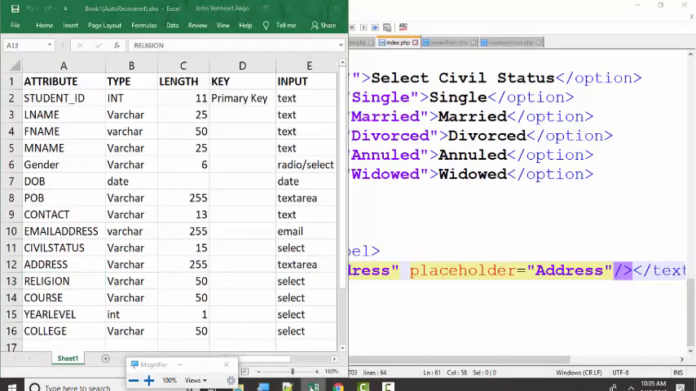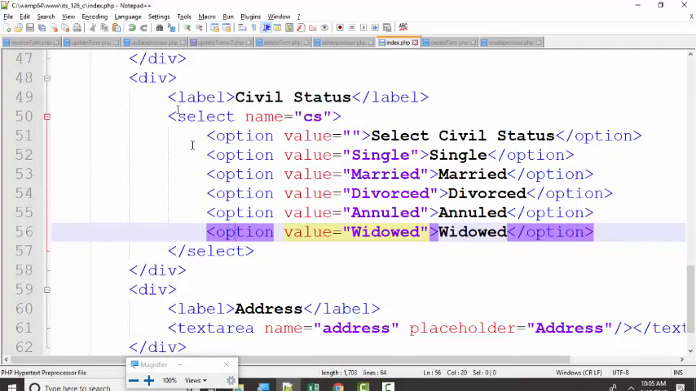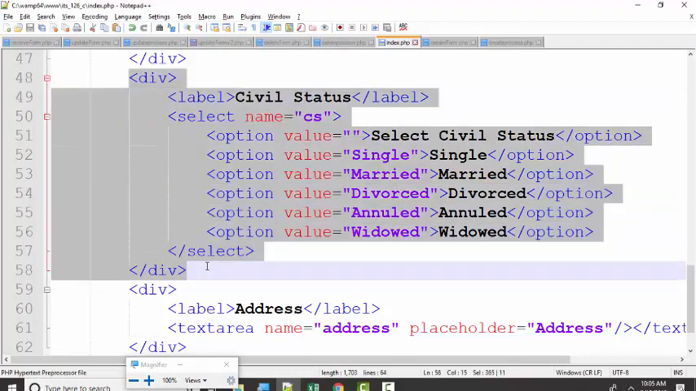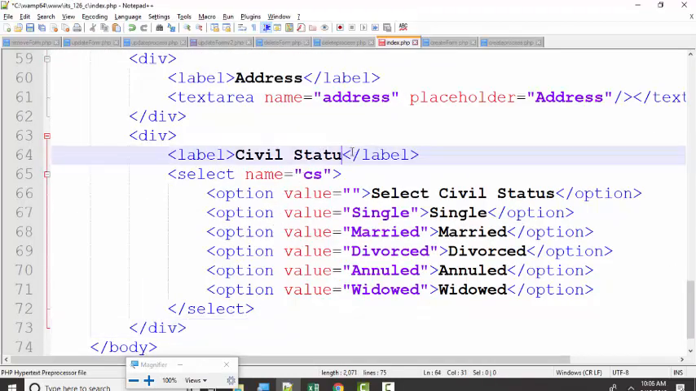Religion. Wait, same with the discussion. Religion. So we have here